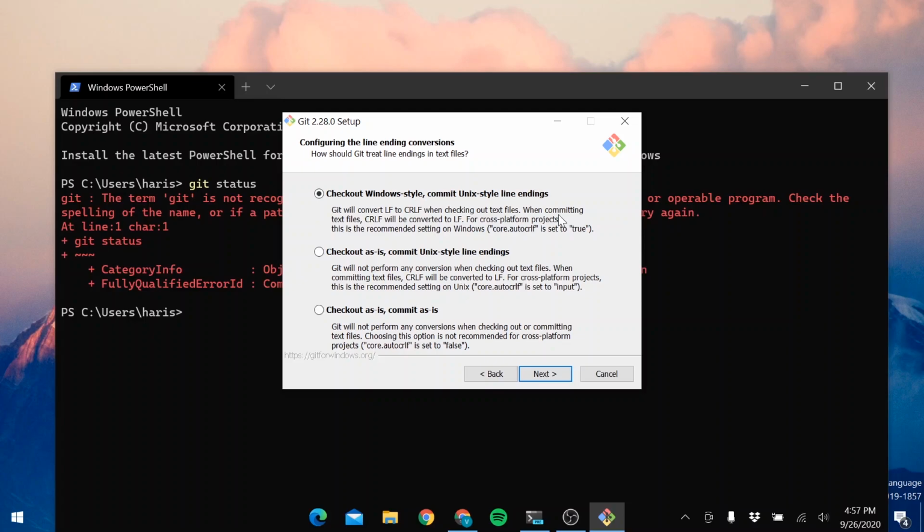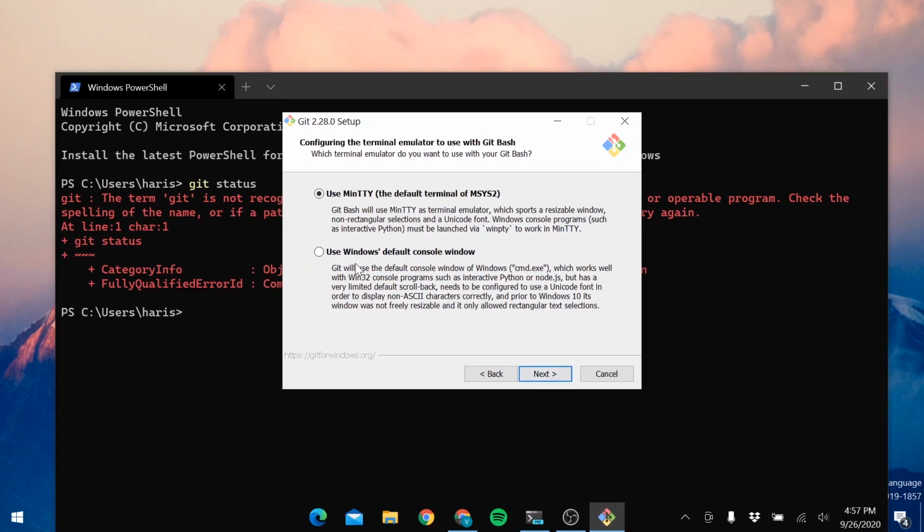This is the line endings configuration. Okay, keep pressing next. This prompt is because if we choose the first option, this will give you Minty. Minty is a console editor like a command prompt, but it can be customized much more compared to the default Windows command prompt.